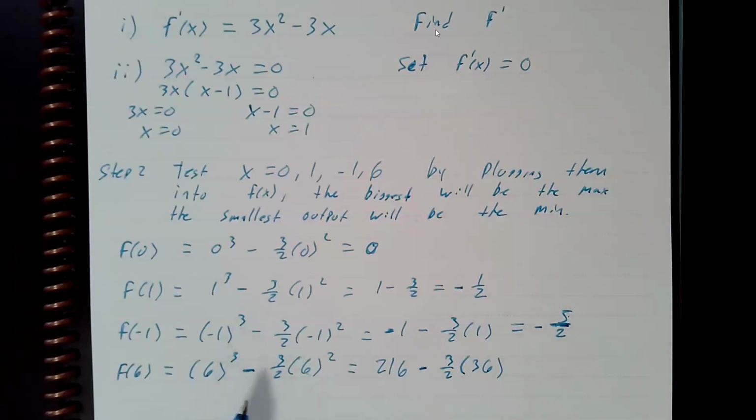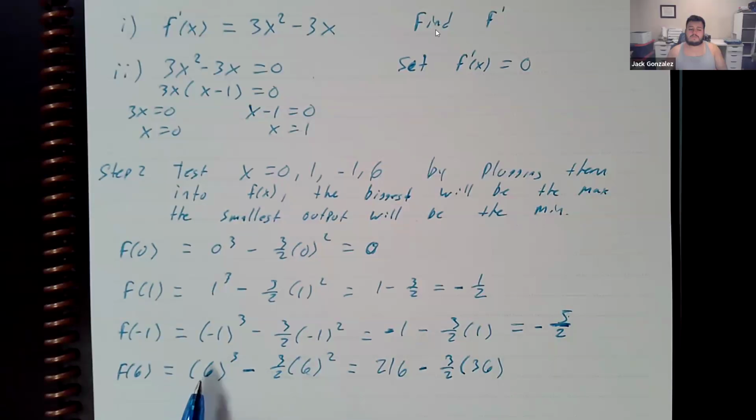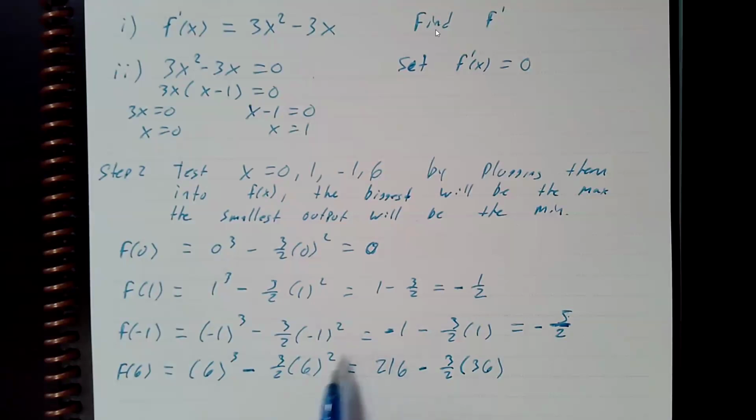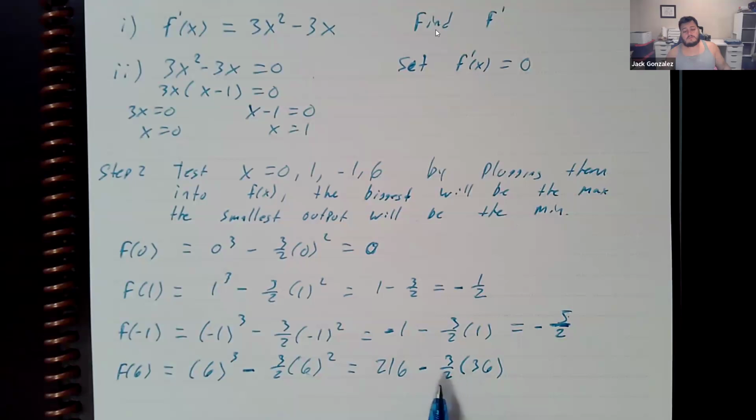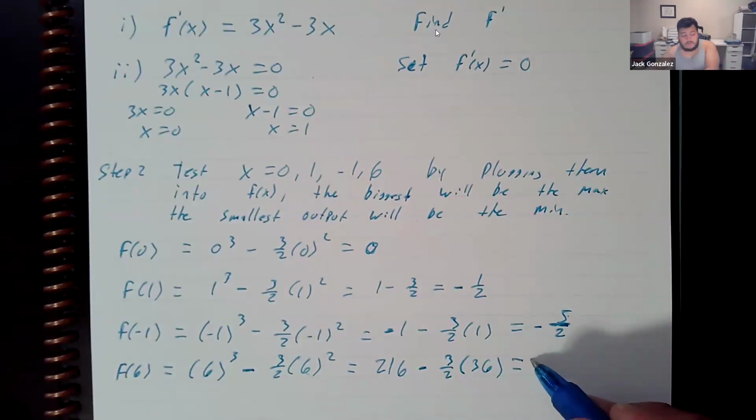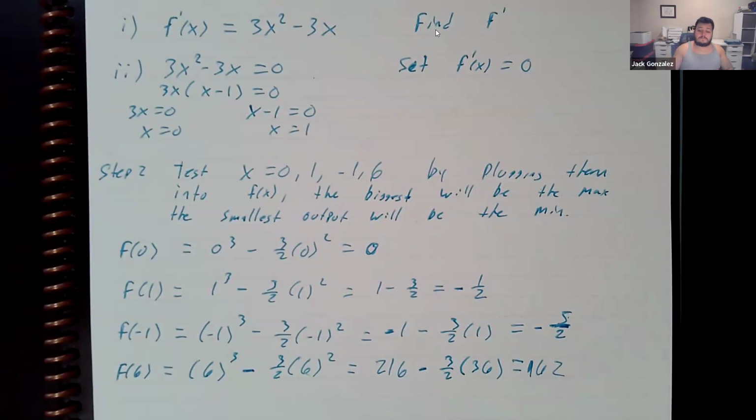Wait, you said 36 times. Okay, yeah. See, right? 6 times 6 times 6, which is 36 times 6, which is 216, right? Yes. 6 times 6 is 36. Half of 36 is 18 times 3. There we go. So,